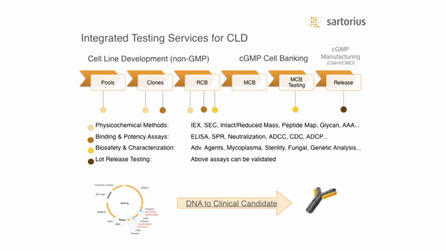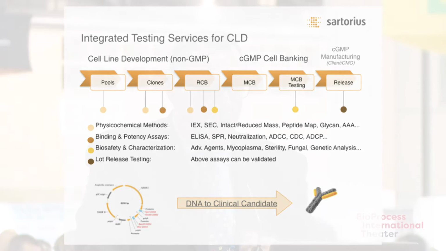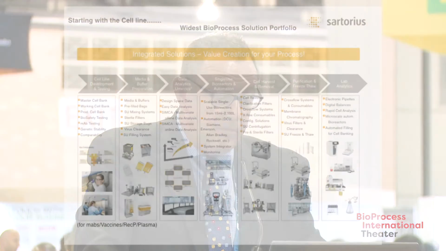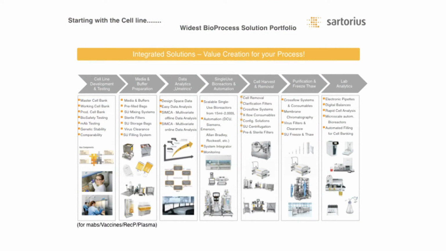This is a view of the world that we live in, which is cell line development, cell banking, and GMP manufacturing of cell banks. And we provide everything from a transfected cell all the way along to a GMP cell bank. And in fact, we are very involved, and we gather huge amounts of data along the way here. And of course, we've got tools and technologies to fit against all of these cell lines that we